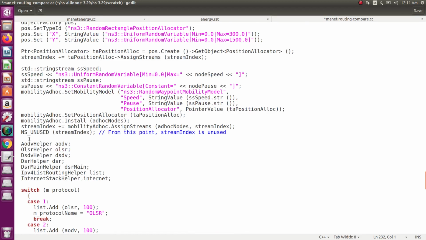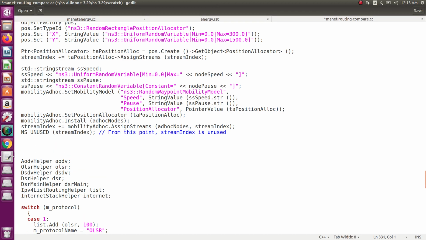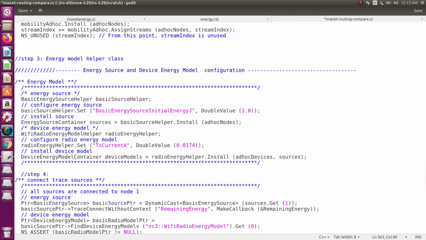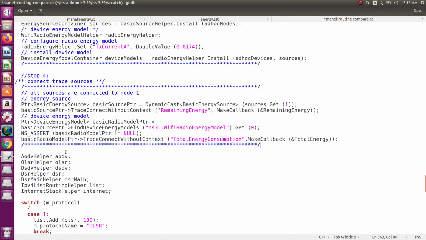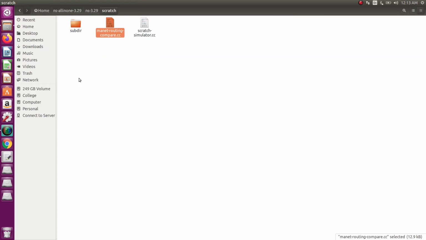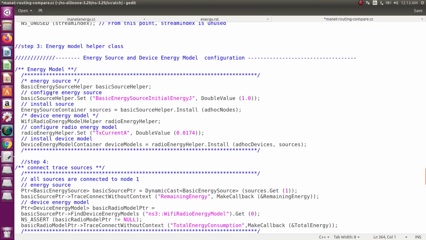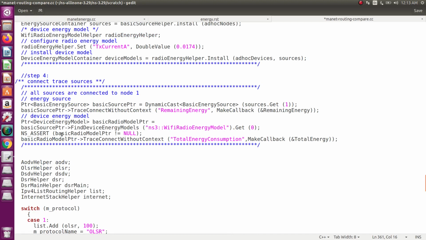So before the AODV helper classes, just paste it. So there is a step 3 as well as a step 4.